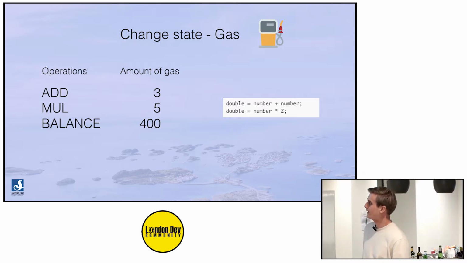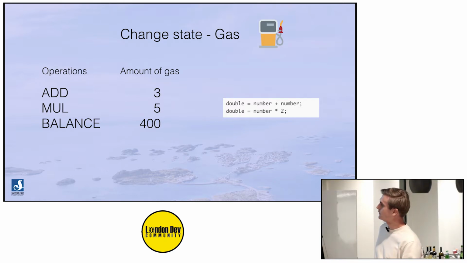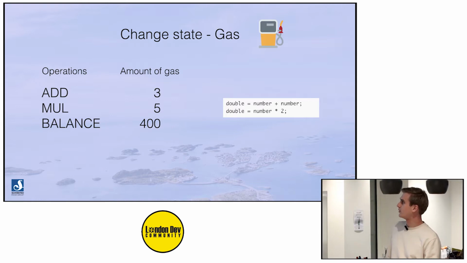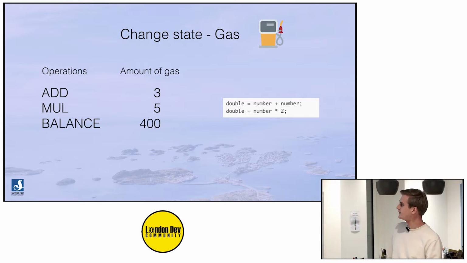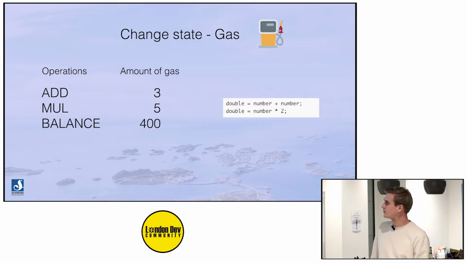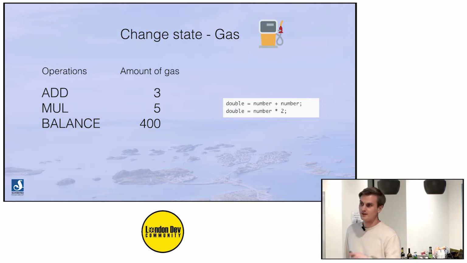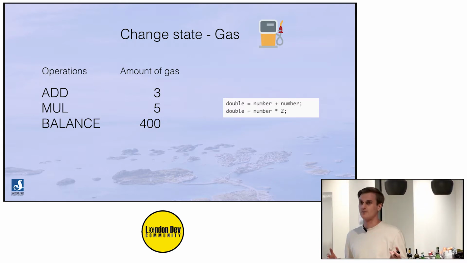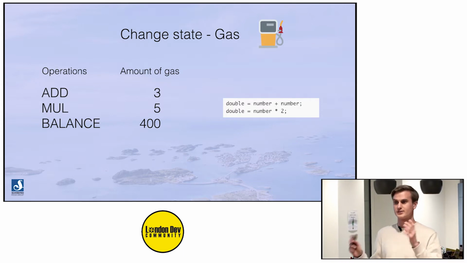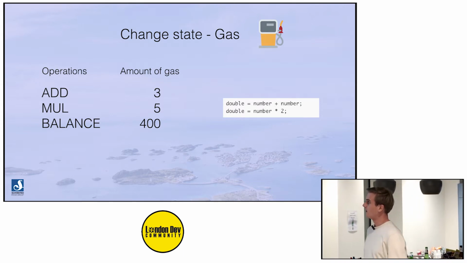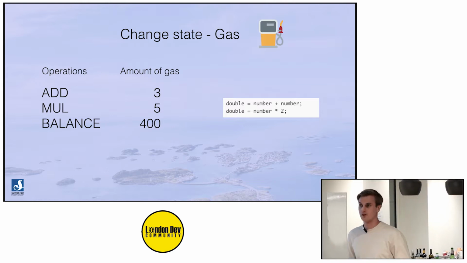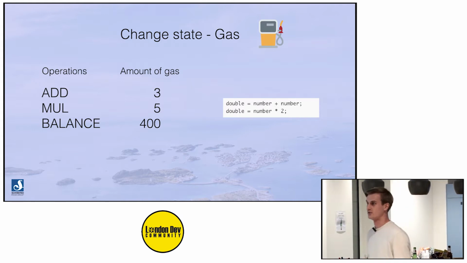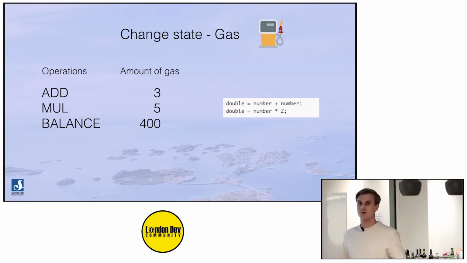So just one simple example here. If we want to double a number, if you do number plus number, then that's going to cost you 3 gas. If you multiply and do number times 2, then it's going to cost you 5 gas. So the whole mentality when you build these things is quite different from running regular code on a centralized computer or one server, because you have to think all the time about how you build it, how much it's going to cost you. Because this is going to run on thousands of computers forever.